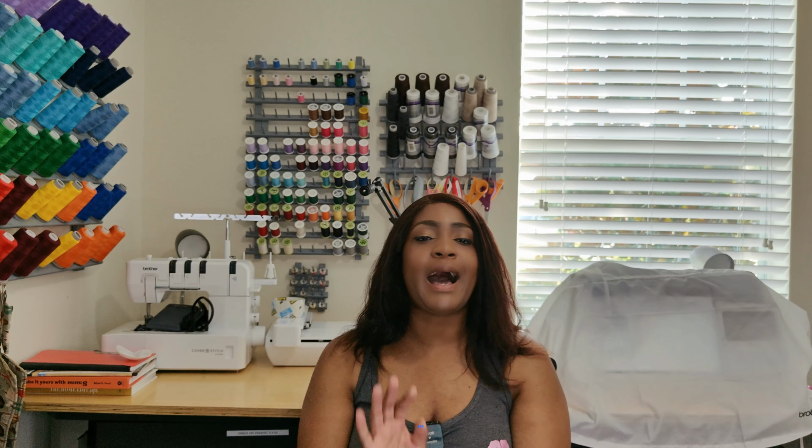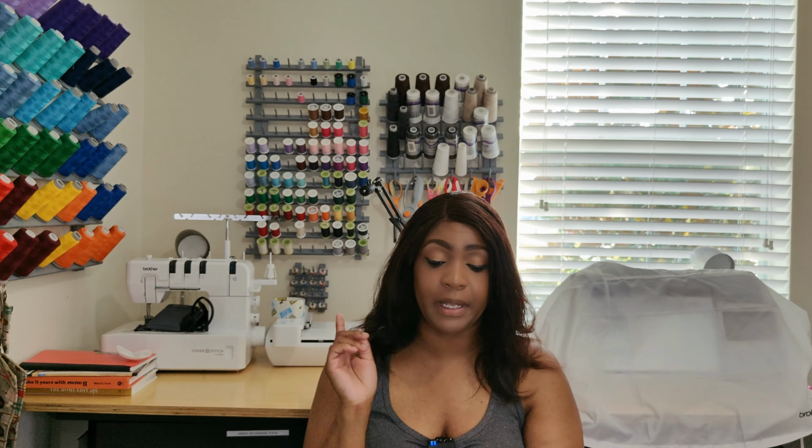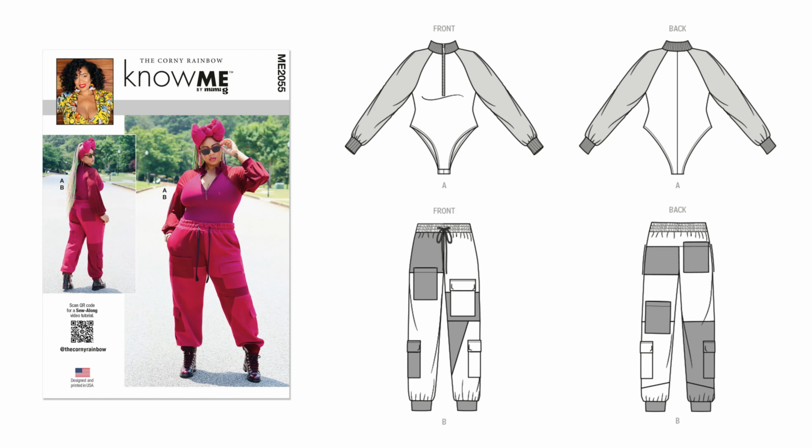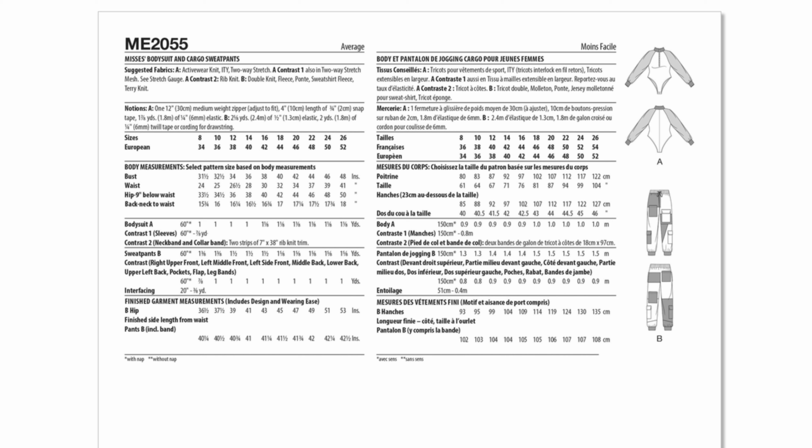I love this style that the Corny Rainbow did. But let's get into the pattern. It is an average to sew pattern. In terms of sizing, it comes in 2 envelopes, 8 to 16, and then 18 to 26 on the pattern. In terms of fabric options that you could use,